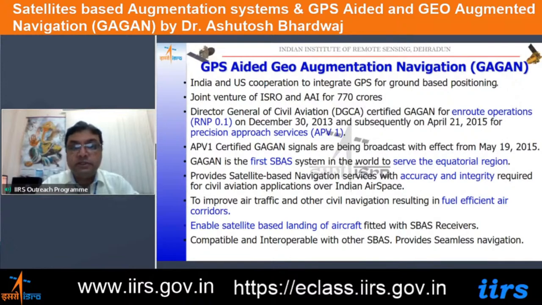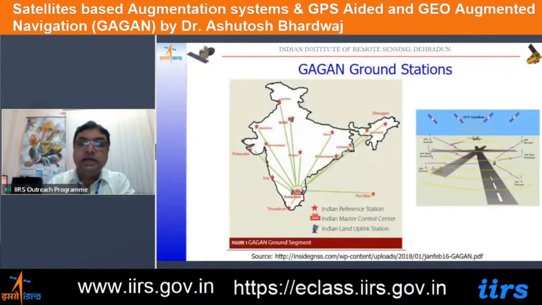GAGAN was the first SBAS system to serve the equatorial region also. So GAGAN is fully functional, and it is suggested that this should be available now for all the aircrafts besides the other users who want to take advantage of it and take the benefits of the GAGAN service in India. Here, although we have to understand that GAGAN is a dependent system. So GAGAN, basically the primary input for GAGAN comes from the Navstar GPS. So our reference station locations around India are known using the previous survey. So all these locations are already computed,